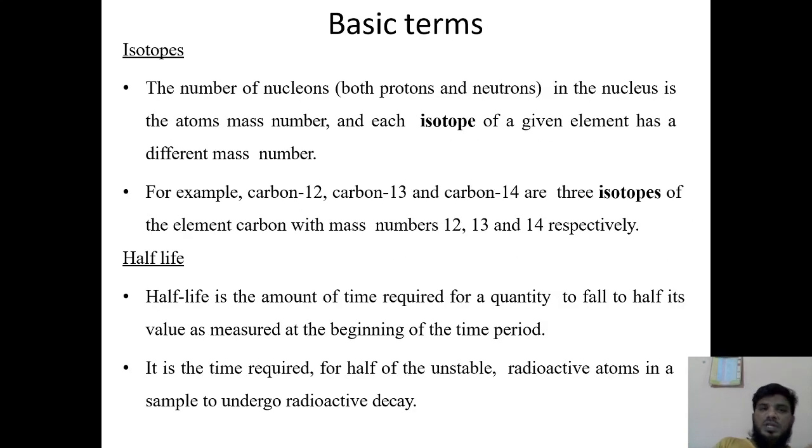Okay, so the isotopes. We might have studied about isotopes in our early classes. An isotope is an atom which has the same atomic number but a different mass number. For example, you can see C12, C13, C14. These are the various isotopes of carbon. Not all elements have isotopes, only a few elements do. One of them is carbon, another is uranium 234, uranium 232, uranium 236, uranium 238, plutonium 214. So these are a few elements which have isotopes.